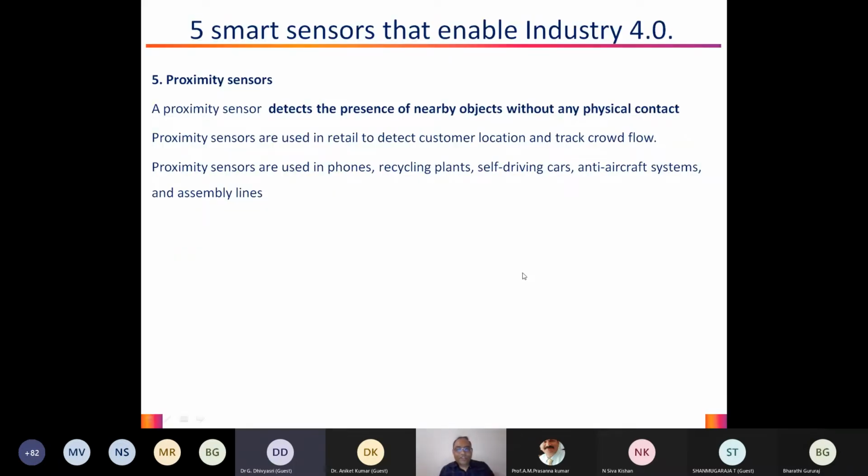Okay, right. So again, these proximity sensors are used to a greater extent in all the self-driving cars, and then